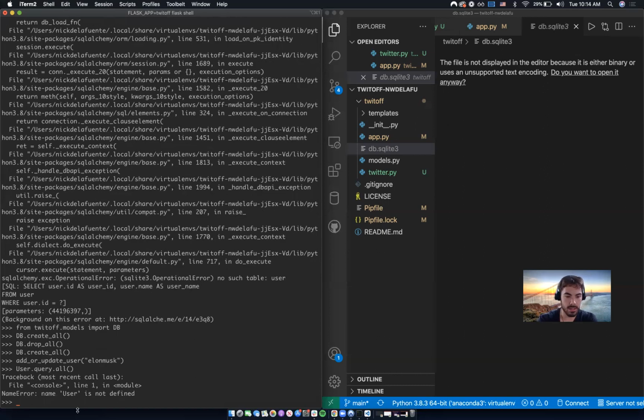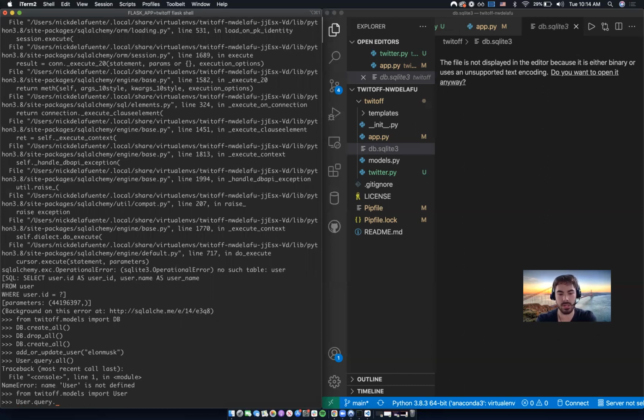You can see we get back user is not defined, so we should probably import User. So I'm going to say from twitoff.models import User. All right, so we're going to import User, and I'm going to say User.query.all. And when we get back, Elon Musk. So Elon Musk is now in our database, and I can grab him specifically using filtering by saying something like User.query.filter, and we can filter User